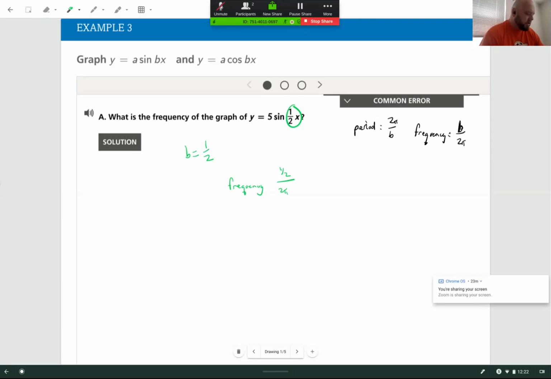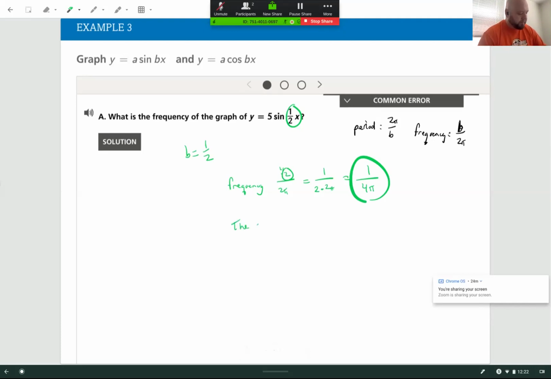The easiest way to deal with this is, this 2 is a denominator in the numerator, but you can always put denominators together. So you can put this 2 that was in the denominator of the numerator down in the overall denominator and just multiply it by the 2 pi that's down there. So 2 times 2 pi is 4 pi, and so your frequency is 1 over 4 pi, which means that